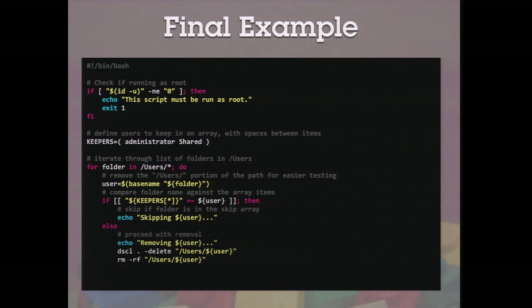So this is a pretty dangerous script, so before I actually ran it, always remember, close your loops, fi, done. Before I actually ran it, I'd remove its power. So now the only thing it's doing is figuring stuff out and echoing. This way, I'd test it, and hopefully it would return skipping administrator, skipping shared, and then removing anything else it found. So it's just telling me what it would do without actually doing it. Highly recommend commenting out destructive lines before running them for the first time.